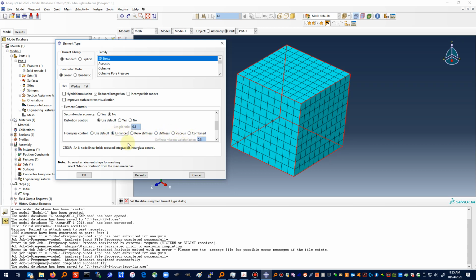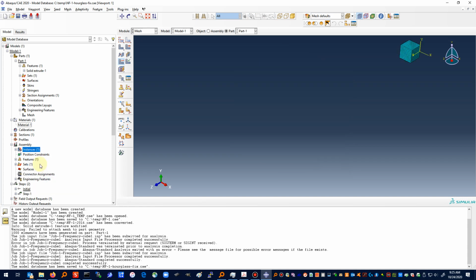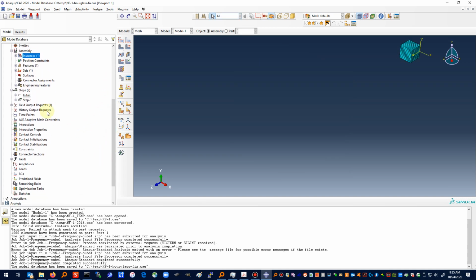Now we're going to learn how to find out about these different modes of hourglass control by looking at our input file, finding the controls section, and then looking in the keyword manual. All right, so now we're going to hit OK for this. We're going to get back into our instance, and we're going to regenerate it. Okay, remember to do it this time. Everything else looks like we're going to keep it the same,